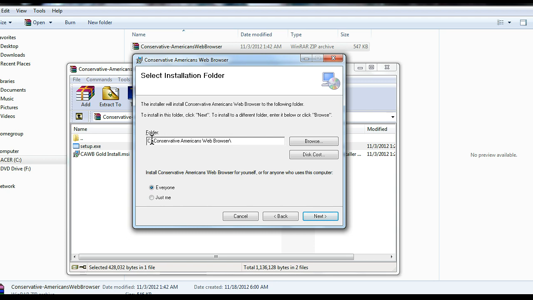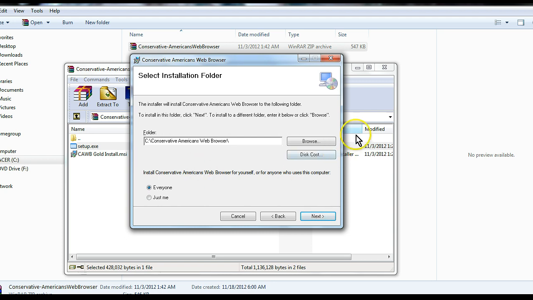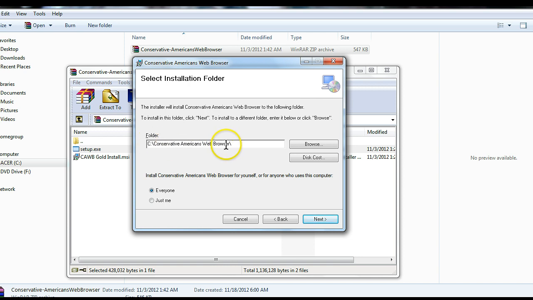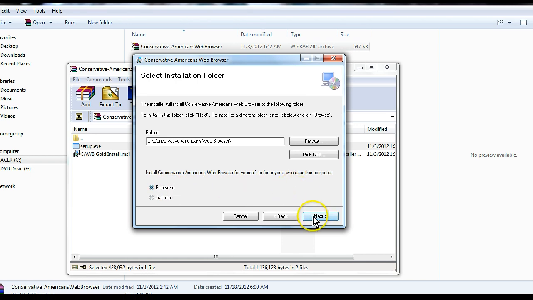And if you want to use the flexibility that I've built into it in order to change the color and the links and things like that, then you need the write ability. So I highly recommend that you keep this set to where it's at, or any directory. You can change the name here, any directory, just directly under the C directory. I generally install it for everyone since I'm usually on my own computer system. Simply click next,